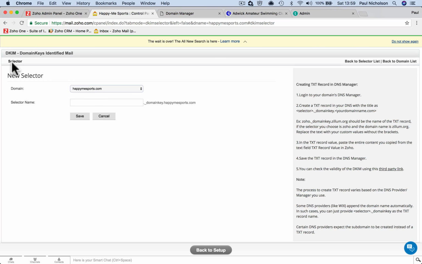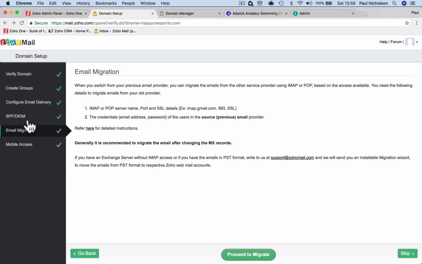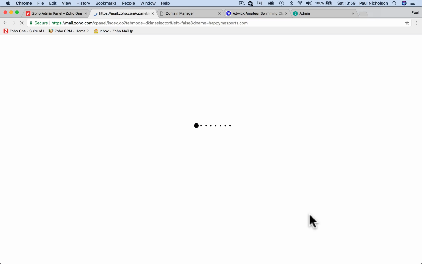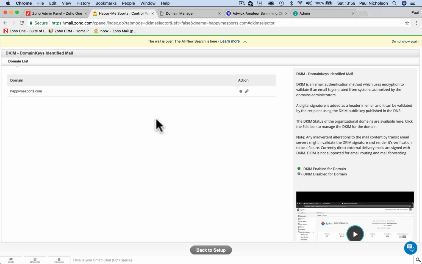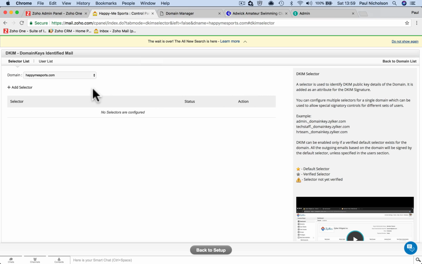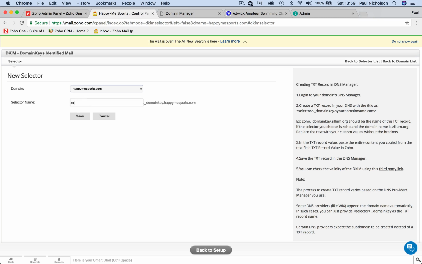So let me go back to the beginning if it lets me. Come on. Right. Proceed to configure DKIM edit. Right, I know it's the only one I've got. If you've got more than one, you do it. I'm going to type in Zoho. Right, I'm going to do it a different way. I'm going to grab this domain key